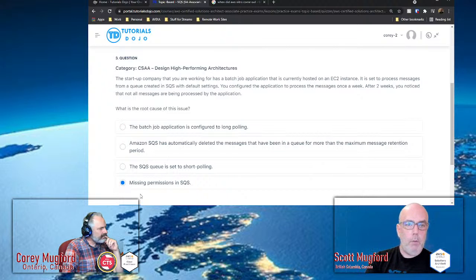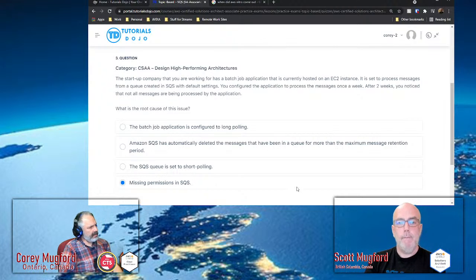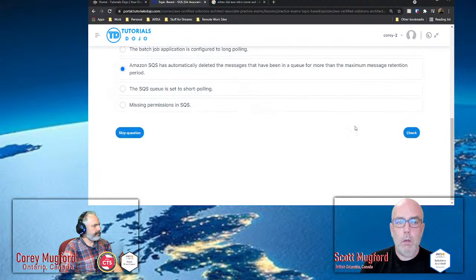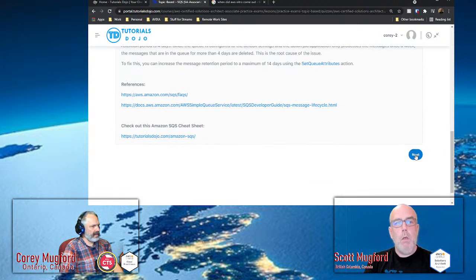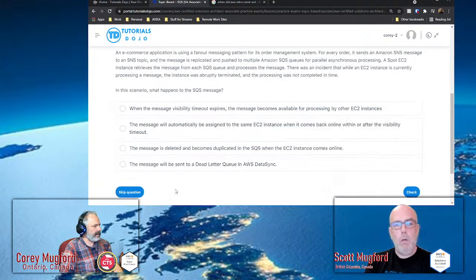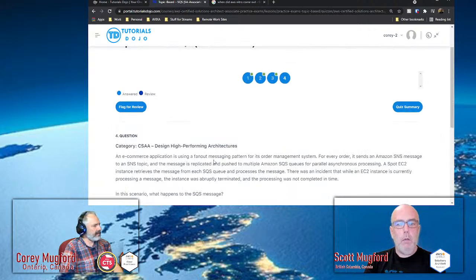What's that one say? Amazon automatically deleted the message? Amazon SQS has automatically deleted the messages that have been in a queue for more than the maximum message retention period. Yeah, that's why. Oh, I see. Yeah, that makes sense. Set queue attributes. Sorry, I just saw that. I can't go back, but